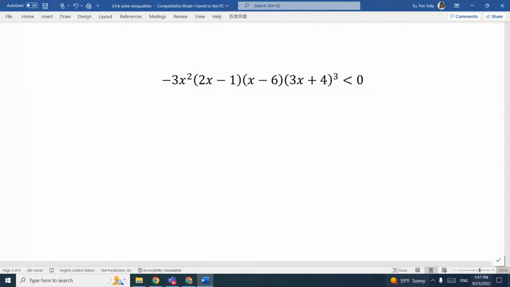You put it. X is 0. X squared. Oh, sure. So you look at the leading coefficient, and in this case, it will be -3 times 2 times